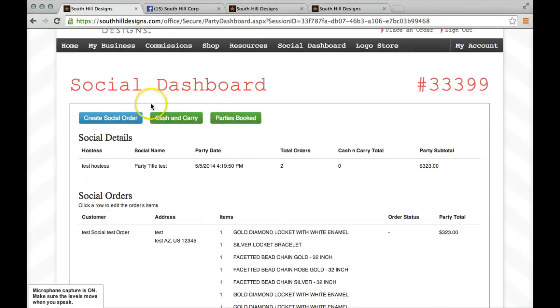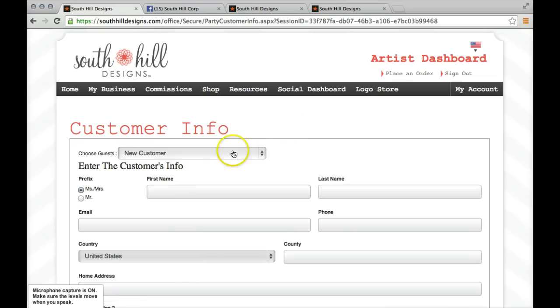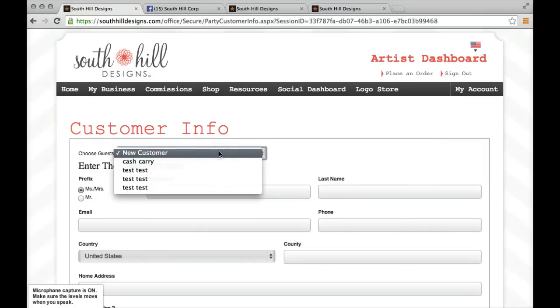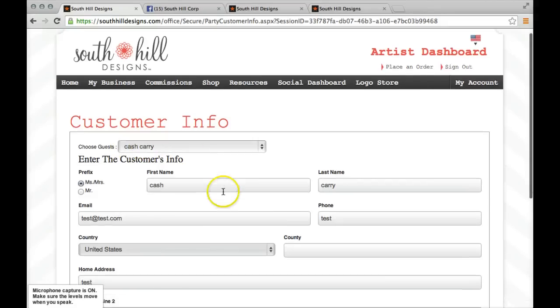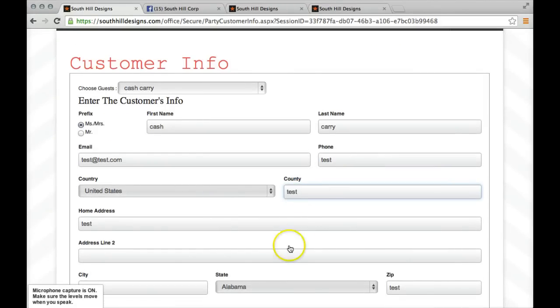So say I had 2 lockets, and I went to the party and sold those 2 lockets to a customer. So you'd have to actually create a new customer order for that person, even though they're not buying more products. They already bought their products. We can put that under cash and carry. This would be a first name and last name. So we fill out that information